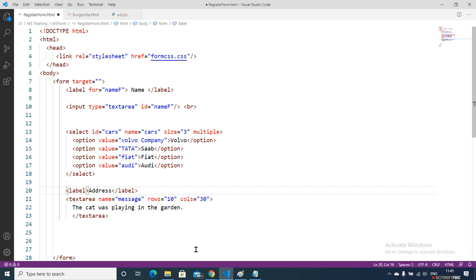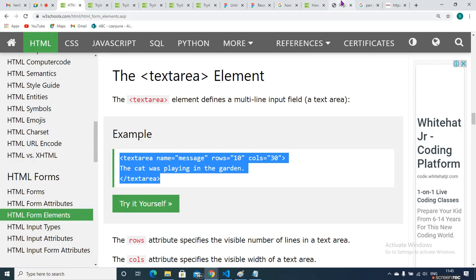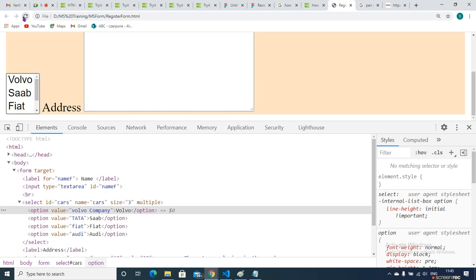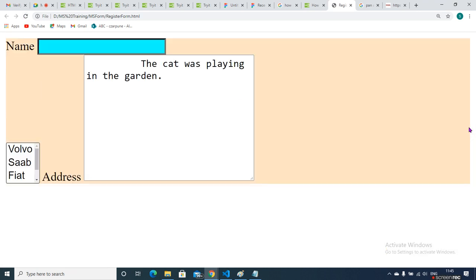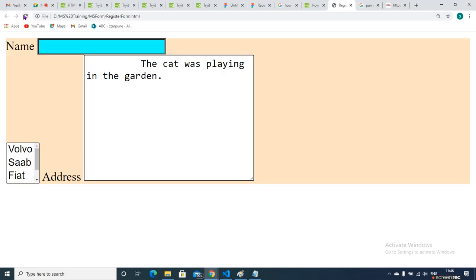For address, generally we use the text area. You can see this is for address, but it is a bit mixed up because we have not provided the break here. Now I have provided the break.